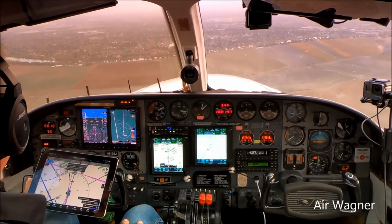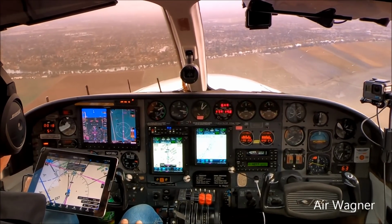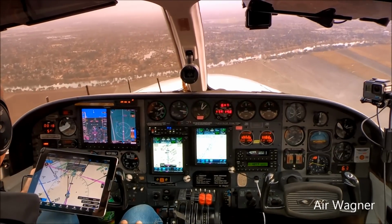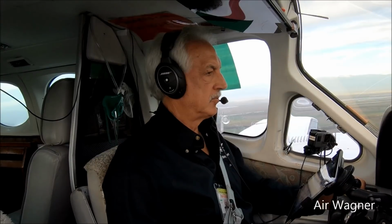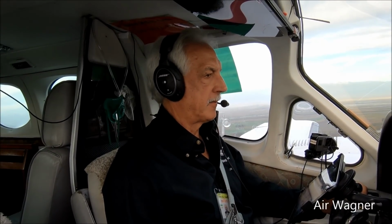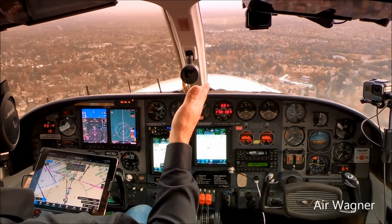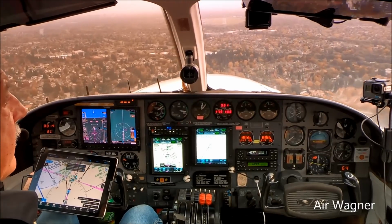Lucky 1300. Still doing 206 across the ground. There's 1,000. So they don't want us to break off till minimum. So at minimums, circle east. And you say, what about your 500 feet over population? Well, that's the tower or IFR. That is the